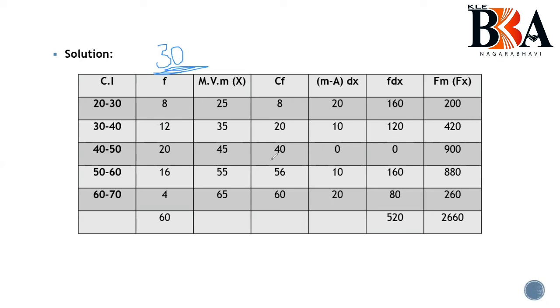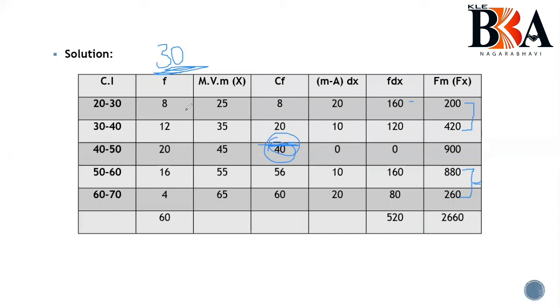Now the 30 lies here, you have to see the cumulative frequency, so 30 lies in between here, fine. That is the 40 value, so I have taken 40, right? In your normal method, the same is applicable here. So greater than 30 will be fx1. I am marking here 880 and 260 will be the summation of fx1. 200 plus 420 will become the summation of fx2. Fine. Like this, fx also will be the same.